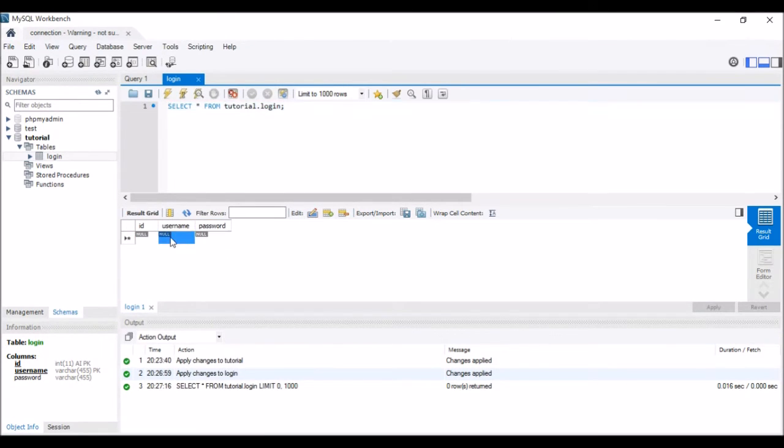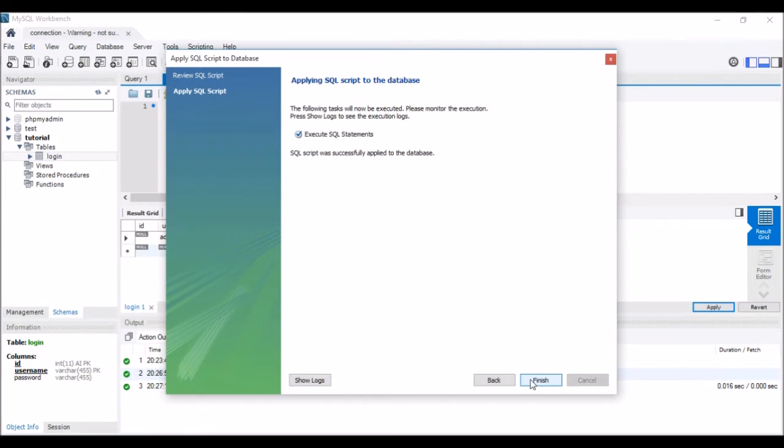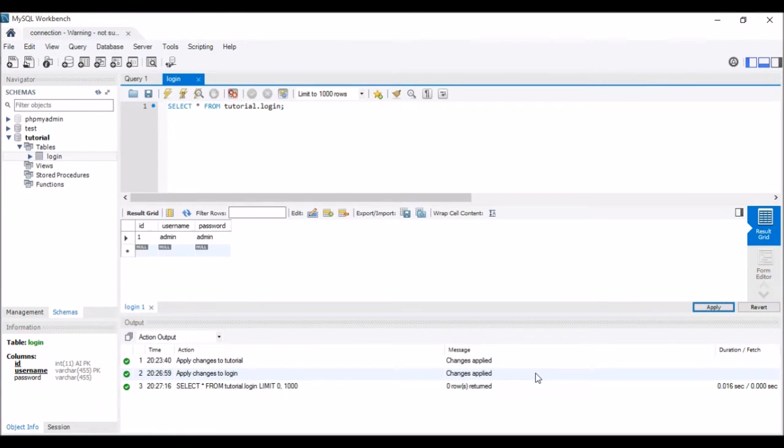So you can give a username like admin and password admin, and hit on apply. You can see a create statement automatically created by MySQL. Hit on apply, and now